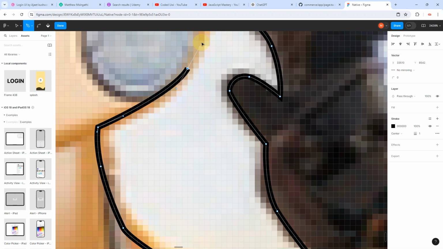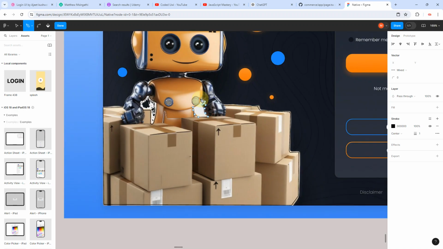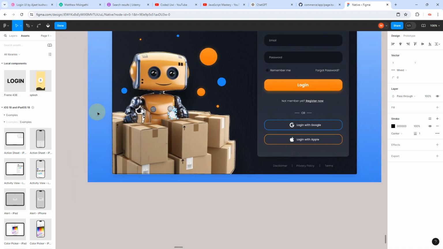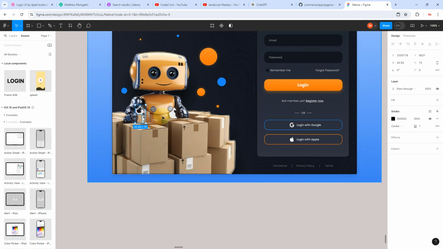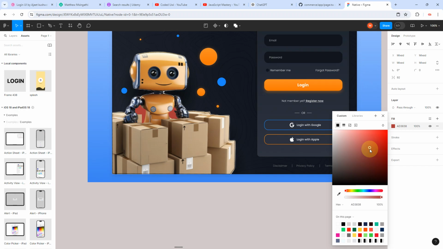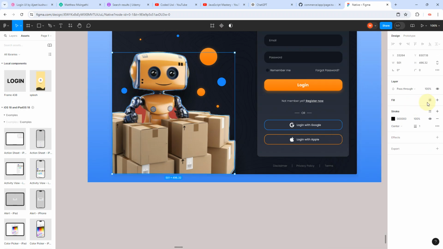And that is it. Okay, I'm happy with this. So what we want to do now, we need to play around with these shapes. Let's change this one and this one to some sort of noticeable colors. Let's remove the stroke and change the fill color, let's say to this color. Then we are going to check the original